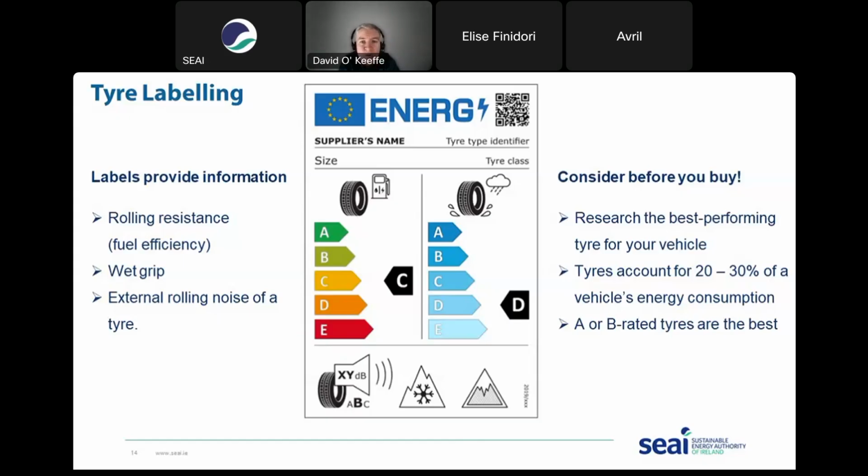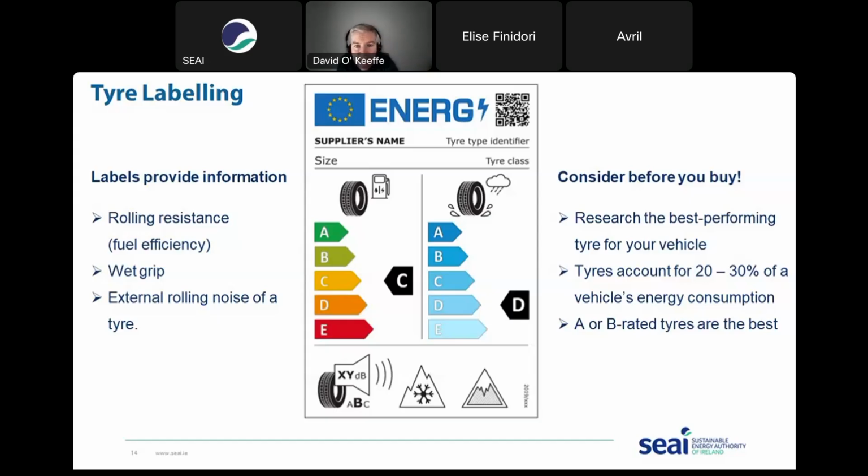So it's really important when considering making a tire purchase that we put some research or thought into what is the best performing tire. Our experience of the tire purchase is that people will go to the local garage and look for a tire and base their purchase on the budget, and that really dictates the criteria of the tire that they're going to get. So we want to move people away from that to an informed purchase where they actually do the research, like you would with appliances that we previously discussed, and you don't just walk in and make the